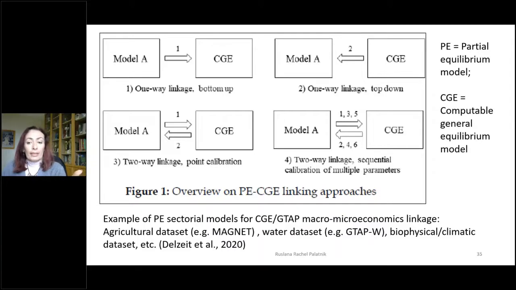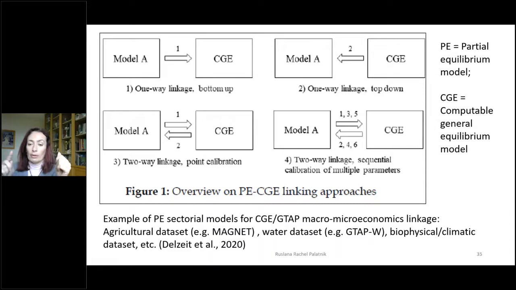The link can be the other way around. From results of the CGE model, we can go and feed them into a detailed top-down model, which is basically the idea in collaboration with the energy model in work package 2. Yet there may be a two-way linkage, so both models feed in.